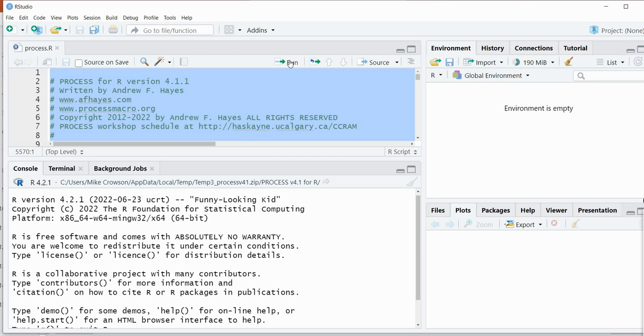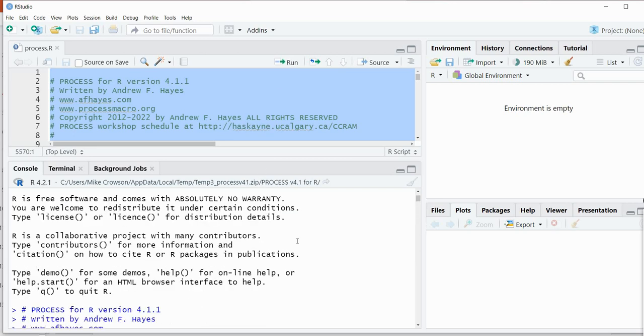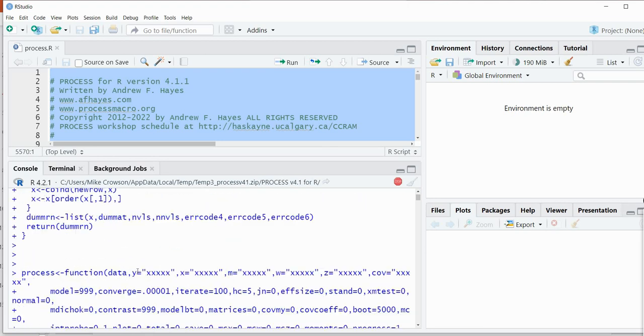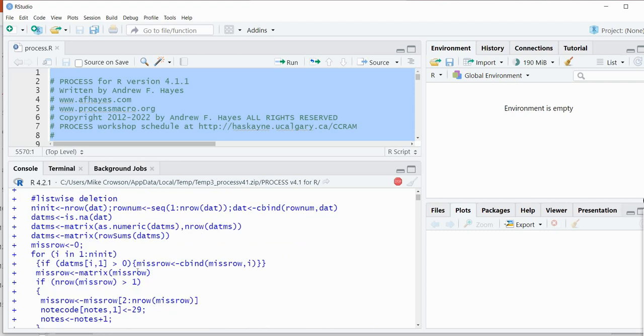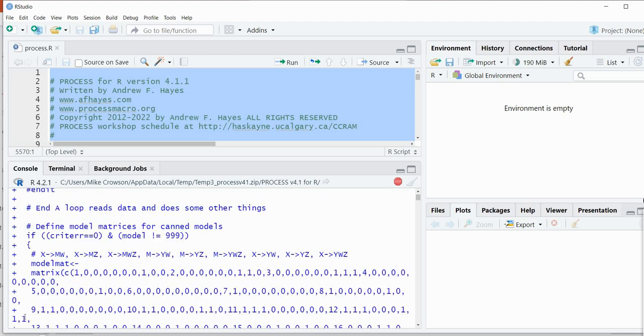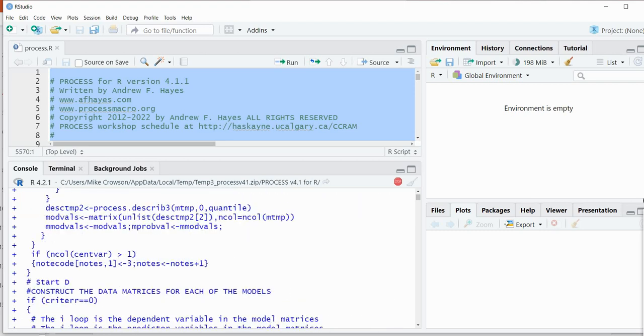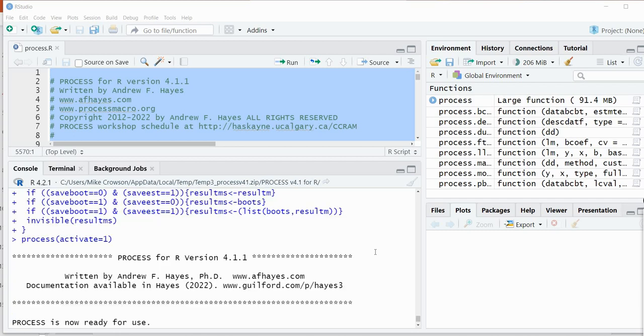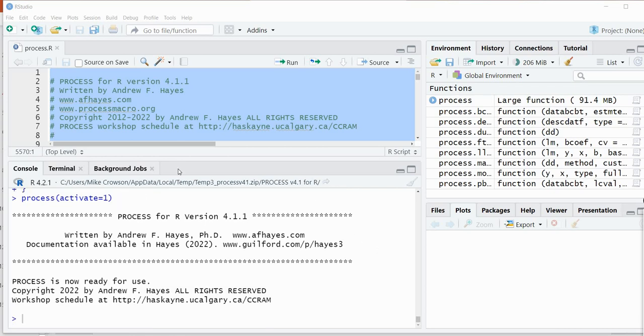and then we will press the run button. So it takes a couple of minutes to activate the macro, so you just have to be patient. I'm going to pause this briefly and let this finish carrying out, and then we'll move to our next step. Okay, so after the script has finished processing,